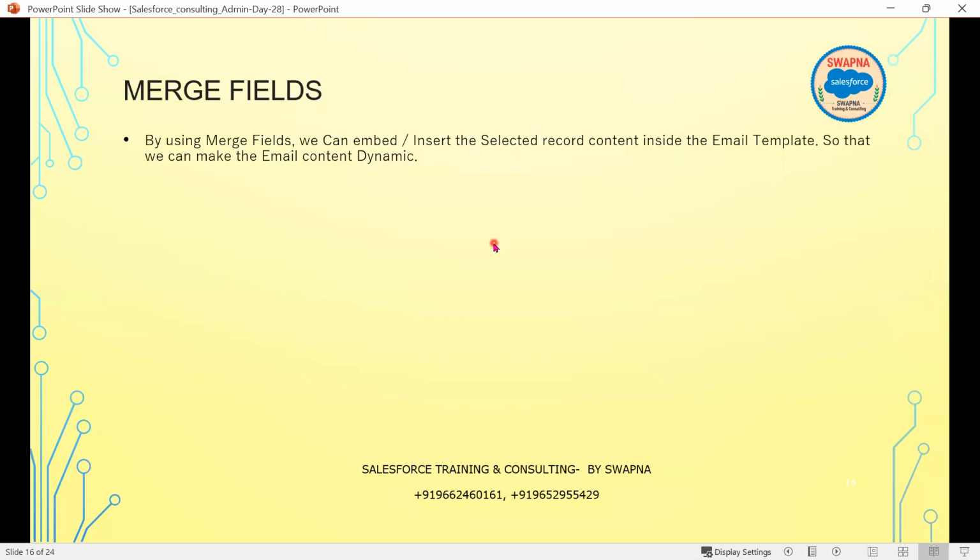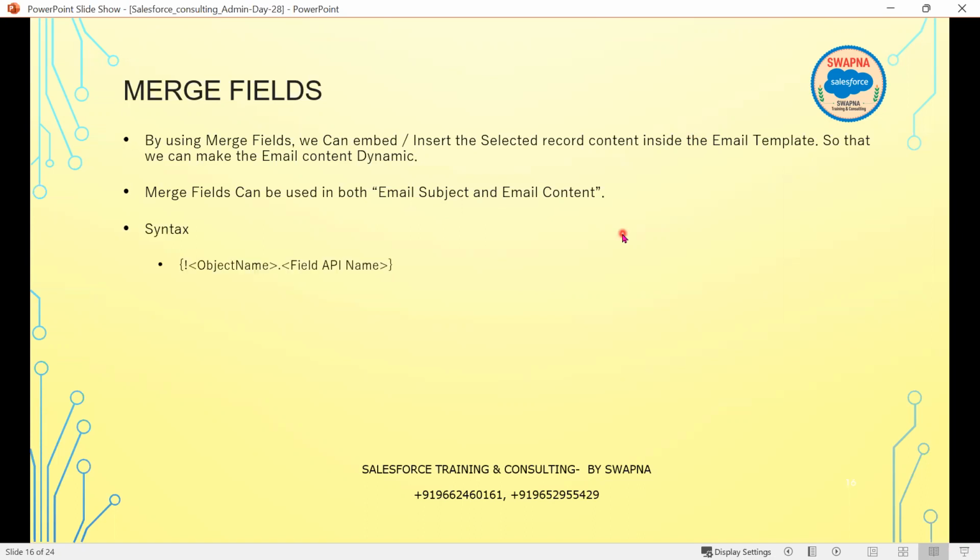So in order to capture certain data dynamically, we go for the merge fields. Merge fields can be used in both the email subject and the email content. The syntax is curly braces exclamation, object name dot field name. Whatever the API field name is, that's the same field name. For example, if I want to capture the account name: curly braces exclamation account dot name, curly braces exclamation account dot rating, curly braces exclamation hiring manager dot location, in case I want to capture the location of